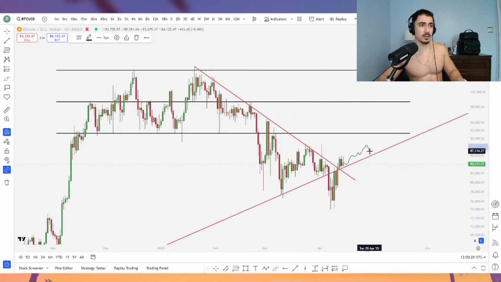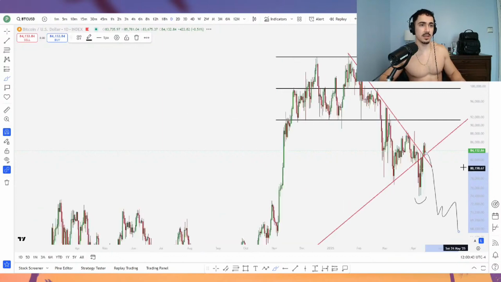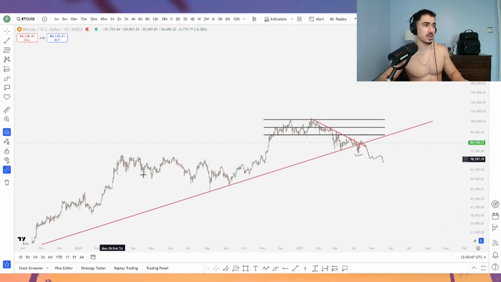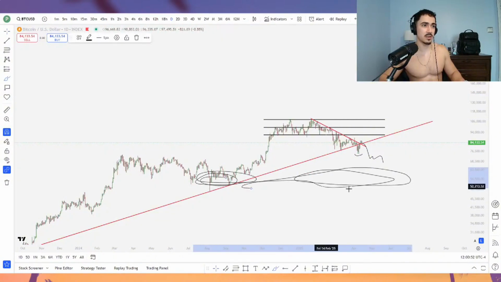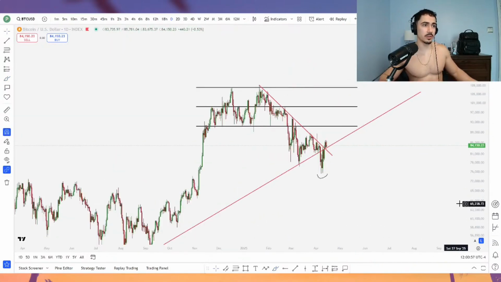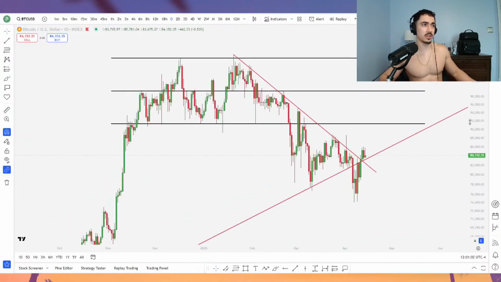So this is where I'm looking for something like this. So I told you the 3 scenarios, right? So here's how I'm playing this. Here's the 3 scenarios. Scenario 1, we lose these lows straight down into the previous 8-month reaccumulation range, which would be down in here. So you're coming back down into this territory, 50, 60K. Okay, coming all the way back down there. That's scenario 1 if we lose this trend. Okay. Locally, I'm bullish though, and I would expect this.